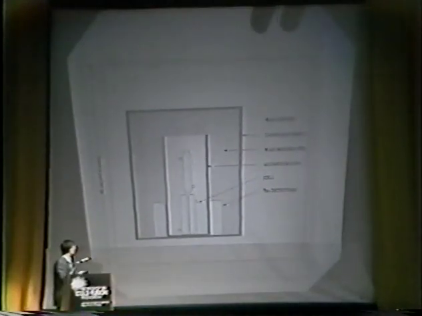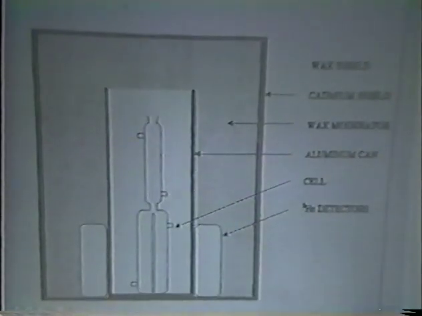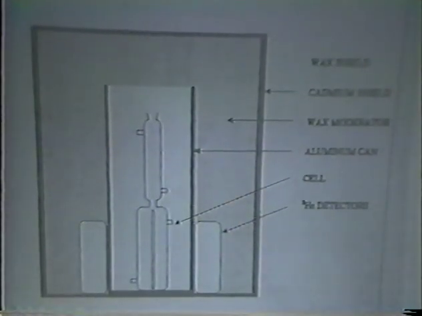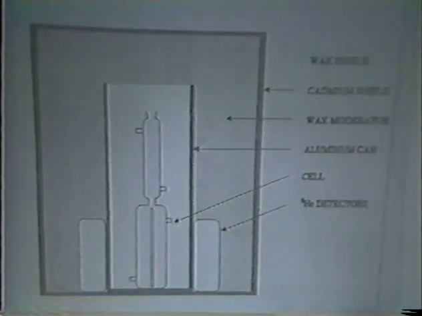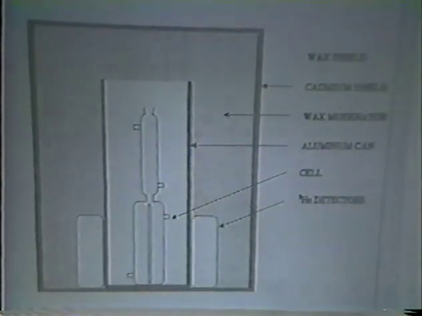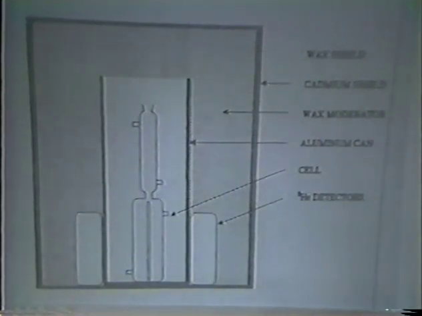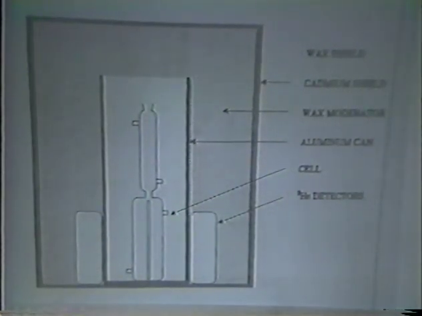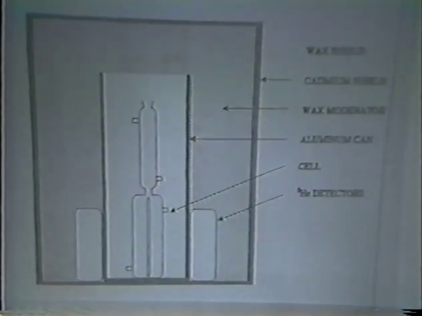The next view graph shows you a side view of the same detector with the cell in place, close to 1 meter tall. That's the wax shielding all around. We see the cadmium shielding, the aluminum can with the cell, the palladium rod in the center, and that's the wet-proof catalyst to recombine the evolved D2 and oxygen. Wax moderator and 2 of the large helium-3 detectors. The next view graph